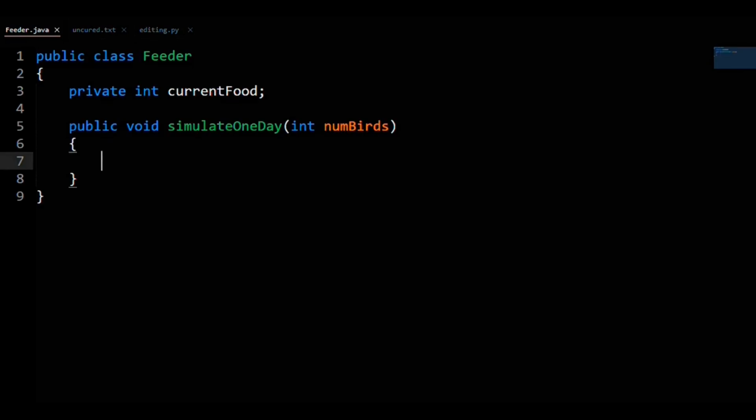For 1A, you have a bird feeder class and you're trying to simulate a day at the bird feeder with the simulate 1 day method. Simulate 1 day takes in a certain number of birds that will visit the feeder on any given day. To start off with, we're supposed to do something 95% of the time and something else the other 5% of the time. To start to do that, we will have an integer variable called chance,